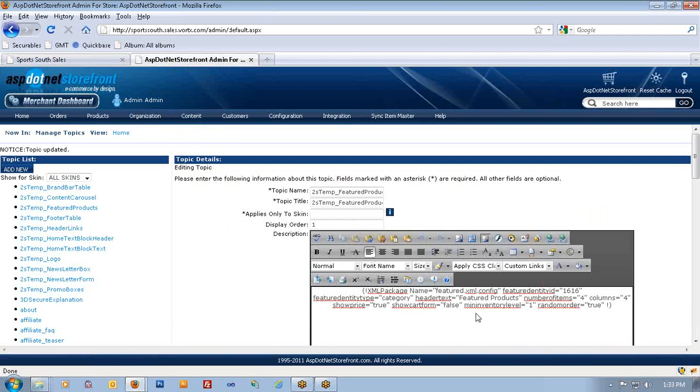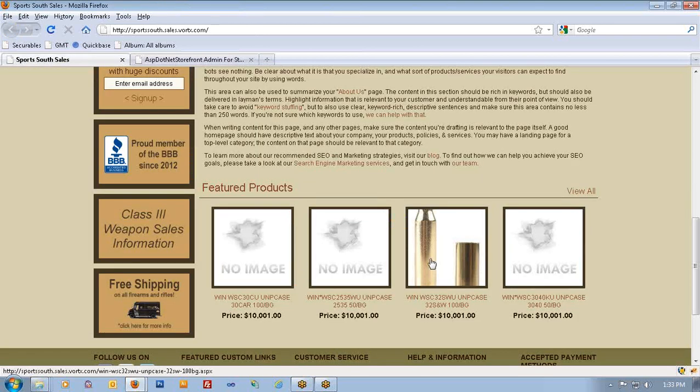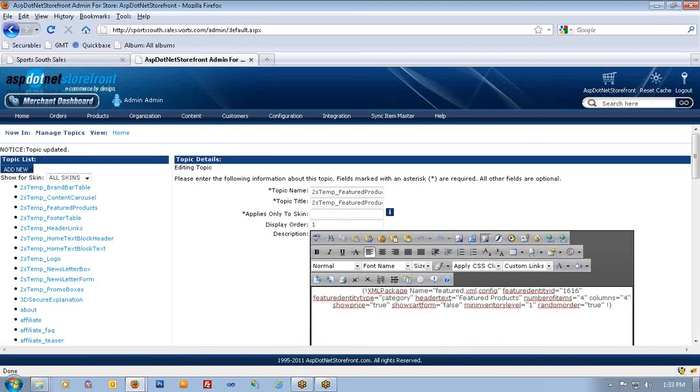The other option that I have available in setting up my featured products is I can set how many products I actually have showing on the home page. If I click over here, I see that I have 4, and its columns are 4, which means that there'll be one row of 4 products. One thing that I can do is open this up and show more products by setting the number of items that I'm showing. If I change this to something that's a multiple of 4, so in this case, if I change it to 8,